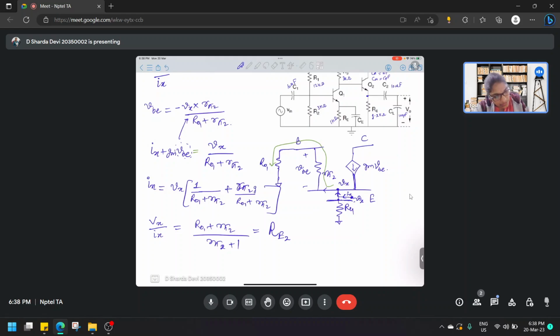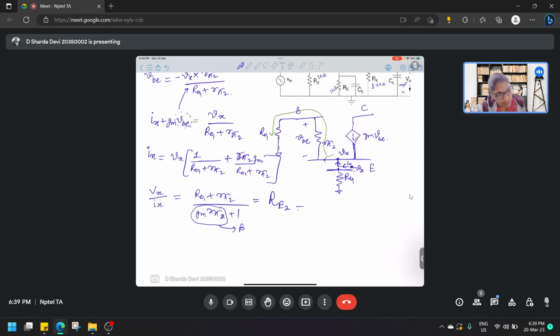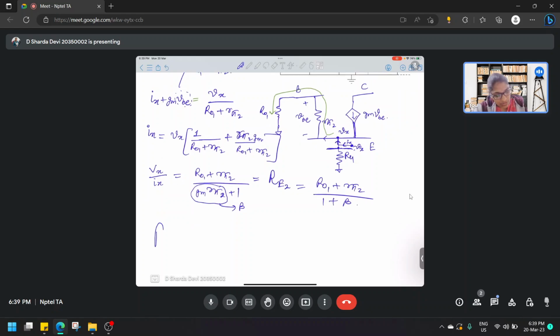Here we'll have beta GM as well, right? So this GM also will come into picture. So here we have GM, r by 2 and r naught, r by 2 and then r by 2 and r by 2. So GM into r by 2 will eventually become beta. So this becomes r naught, 1 plus r by 2 by 1 plus beta, and actual R out